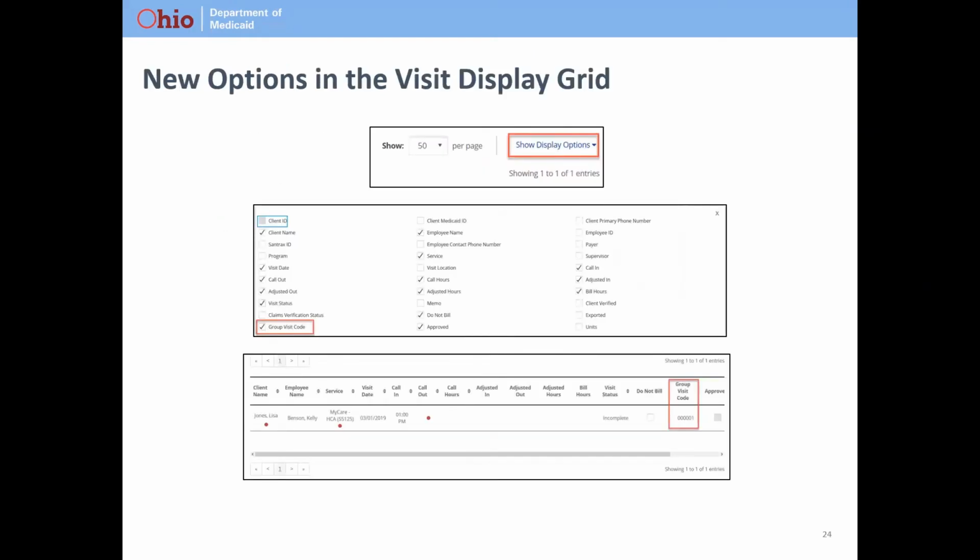Now, if you want to quickly be able to see what payer is assigned to a visit in visit maintenance, that is an option that has been added to your visit display grid. So when you first search for visits in visit maintenance, you'll get your visit results show up at the bottom of the screen. All right, so the bottom screenshot on your screen is showing what your visit results would look